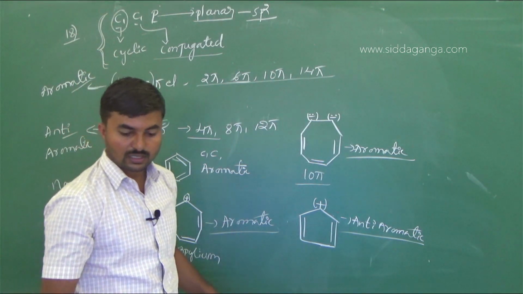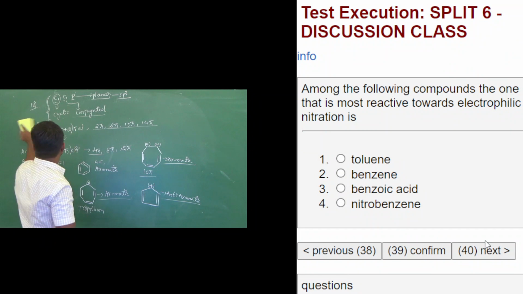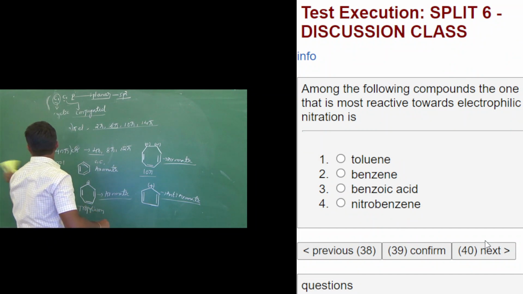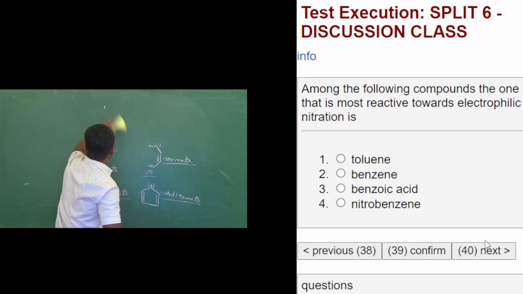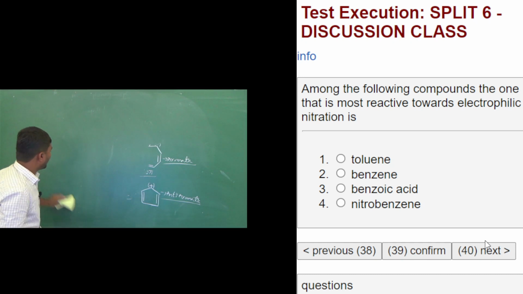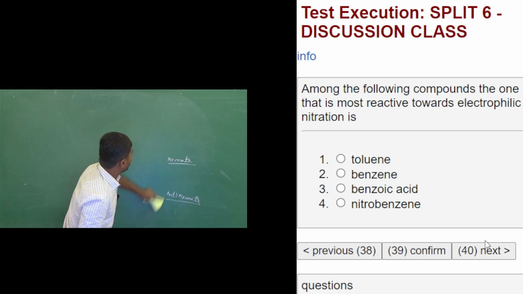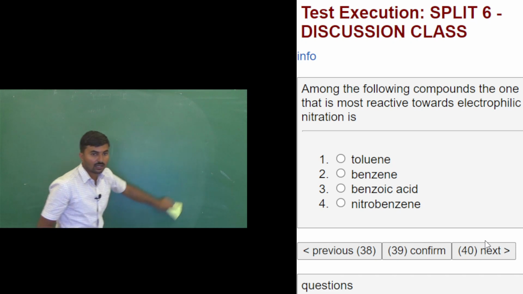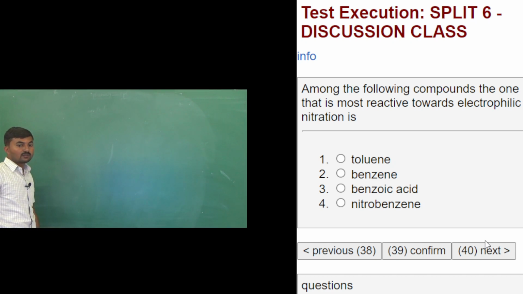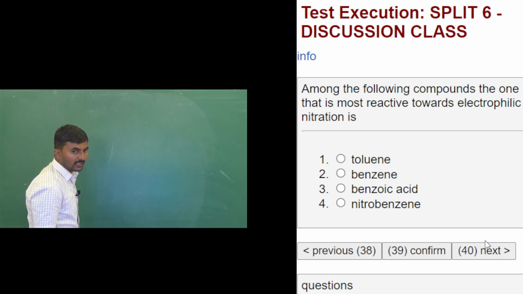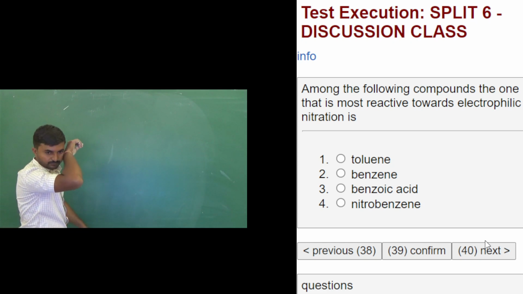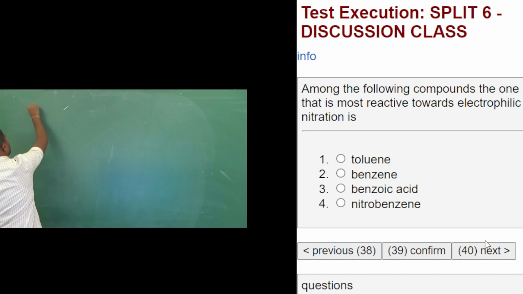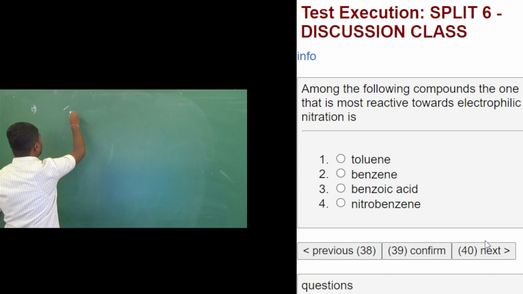So the next question, that is, among some of the different molecules they have given, we have to identify which of the molecules is more reactive towards electrophilic nitration. So first molecule they have given. So the question number 19, first molecule is a